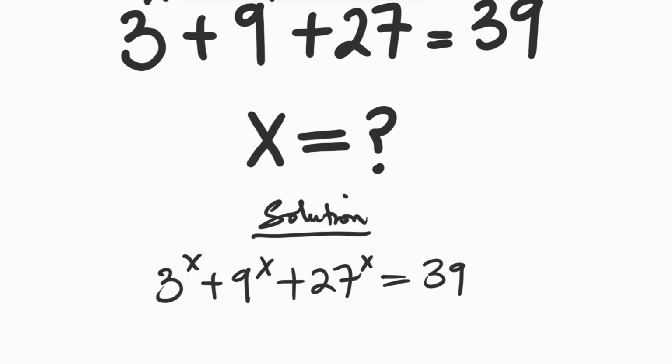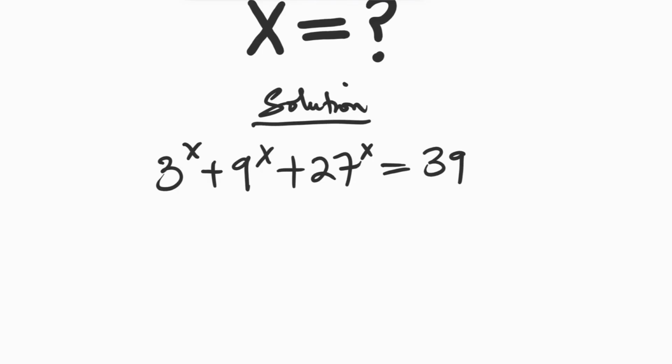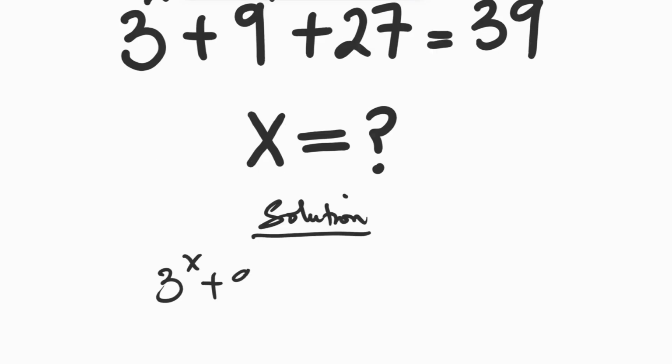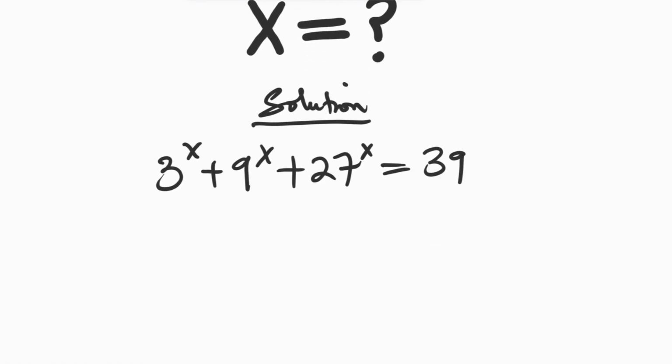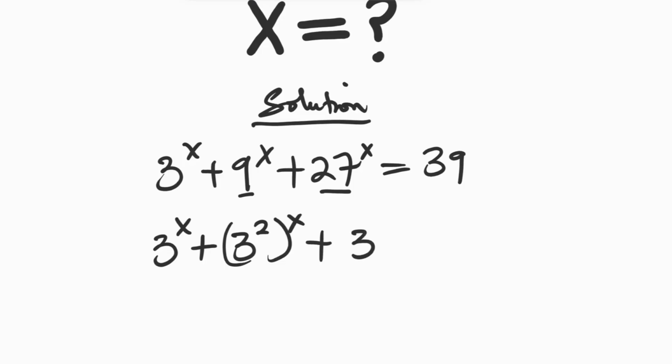Solution: 3 raised to the power x plus 9 raised to the power x plus 27 raised to the power x equals 39. So we can rewrite 9 and 27 in a different form. So we have 3 raised to the power x plus 9 is the same thing as 3 squared raised to the power x plus 27 is the same thing as 3 raised to the power 3 raised to the power